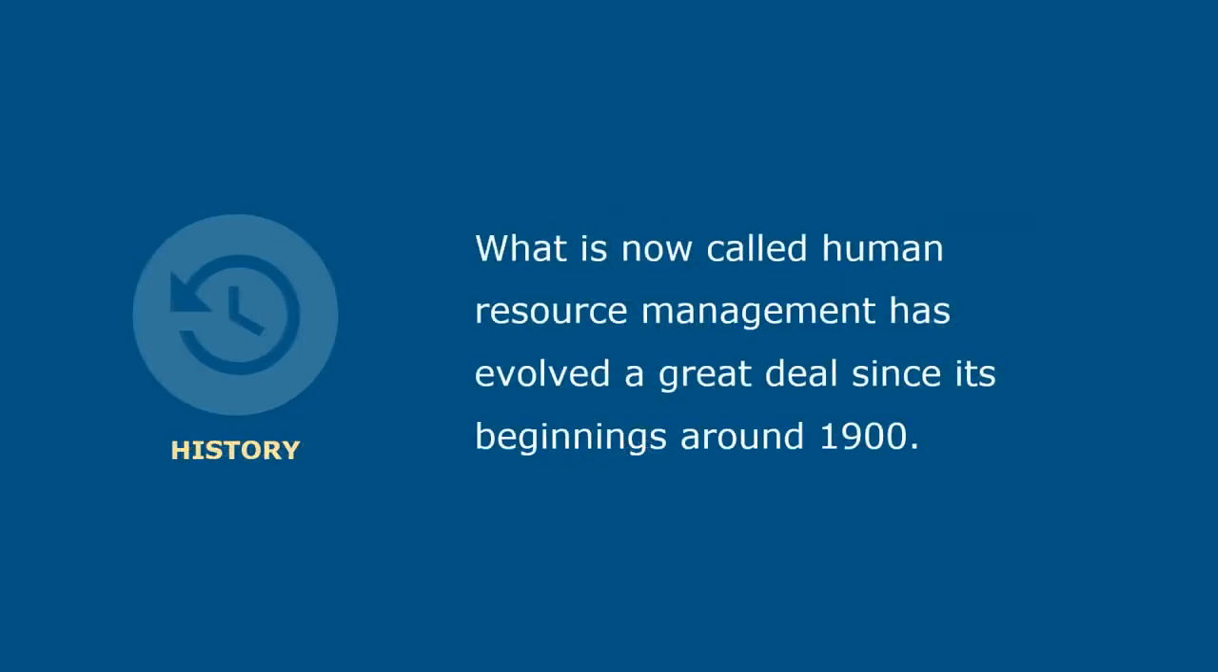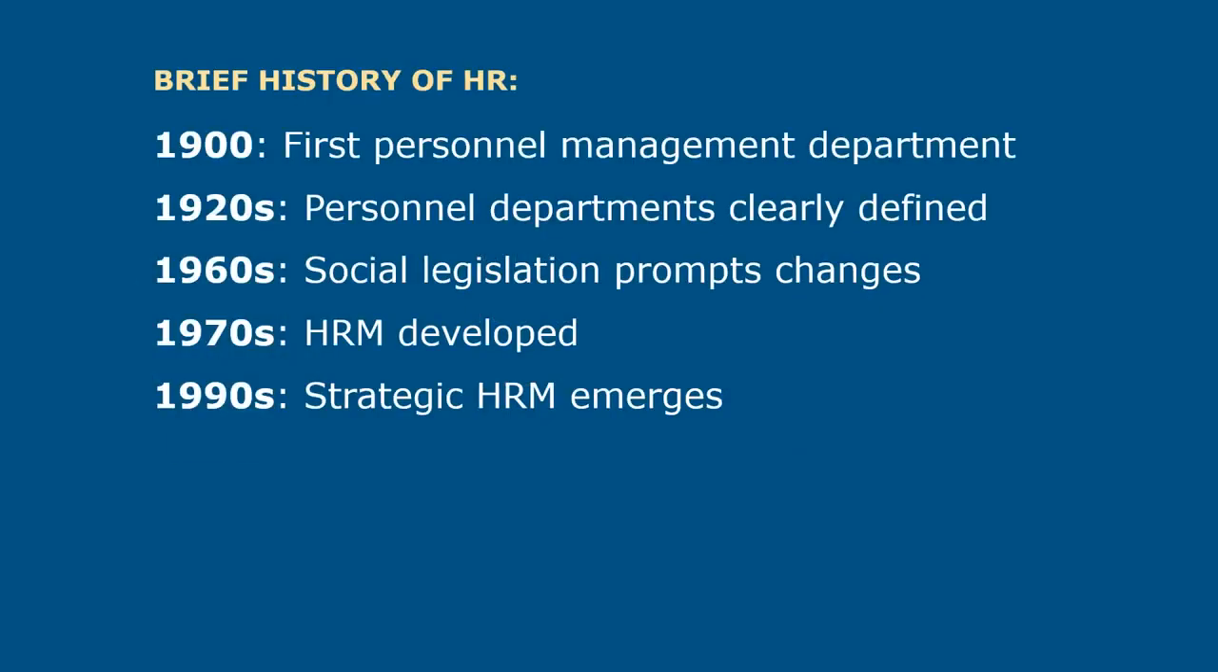What is now called human resource management has evolved a great deal since its beginnings around the year 1900. Here's a brief history of human resource management. It's believed that the first personnel management department began at the National Cash Register Company in the early 1900s. Personnel departments, which emerged and were clearly defined in the 1920s, at least in the United States, were largely concerned with technical functions. What began as a primarily clerical operation in large companies, concerned with payroll and employee records, began